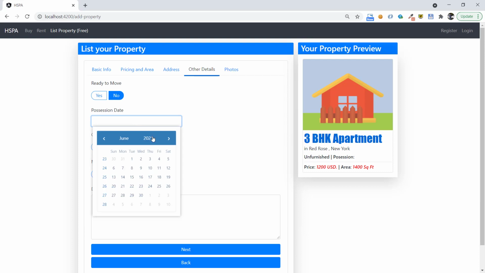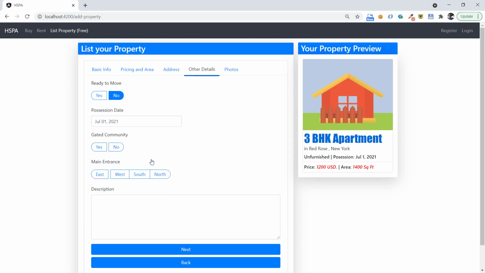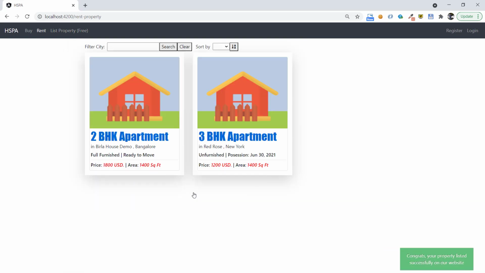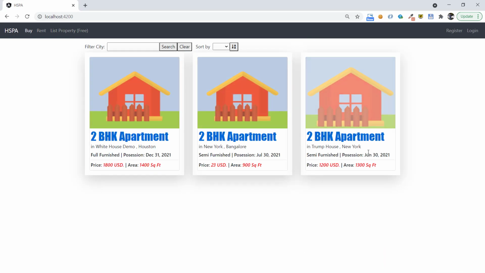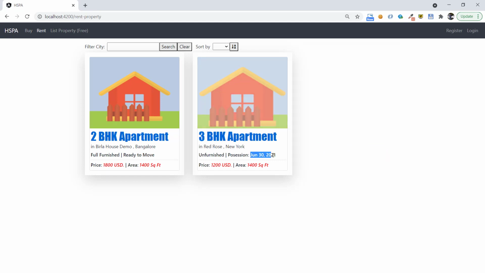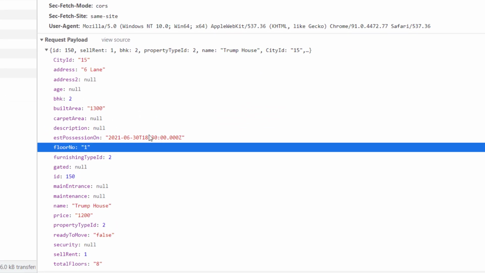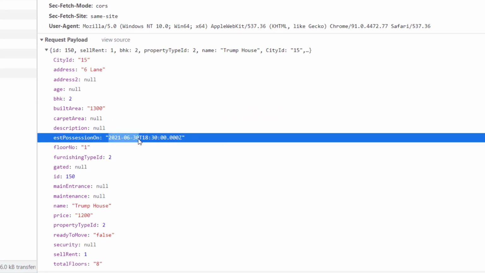Kindly note it down. We have selected 1st July 2021 as possession date. But when the property is saved, it displays 30th June 2021, which means one day back. And if we look at the request payload that is being submitted to the server, it is appearing in UTC time format. The reason is when JavaScript dates are sent via the Angular HTTP client, that data is converted to